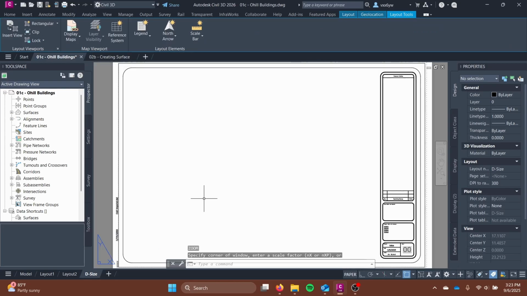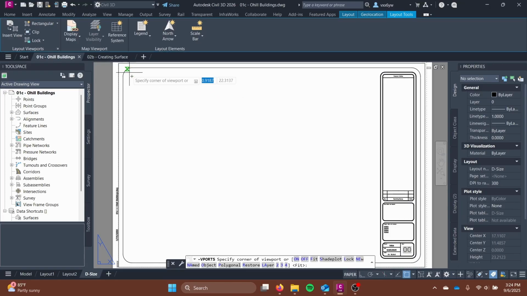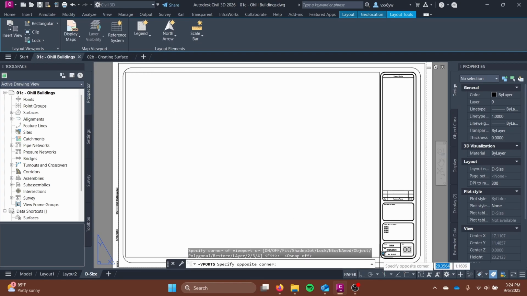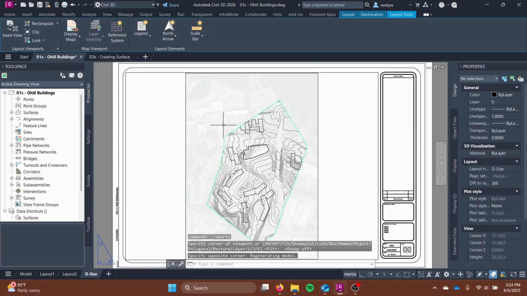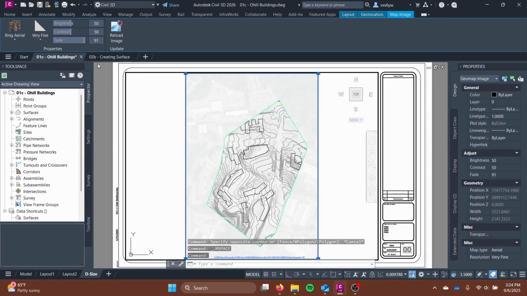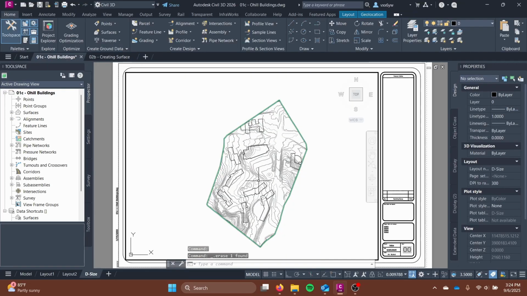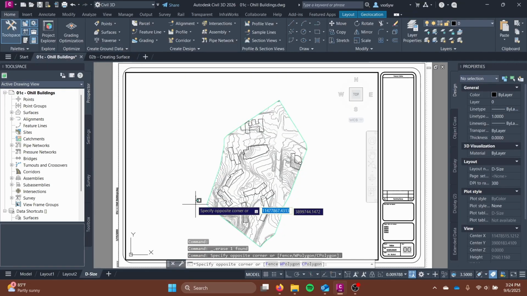So there's method to the madness, and I like to just use the rectangular viewport to get in the site. I'm going to click F3 to turn off all of this object snapping. And I'm just going to drag this rectangle here, the viewport, and you can see my site. Since this is just peeking into the model view, you can actually see this image. So you can just turn the fade all the way up, or I actually just delete it and remake it if I need to. And clicked into this model space,